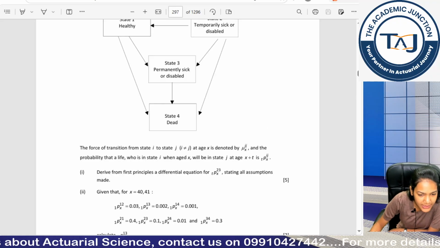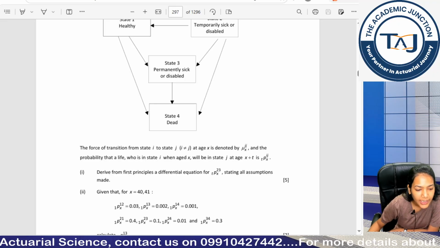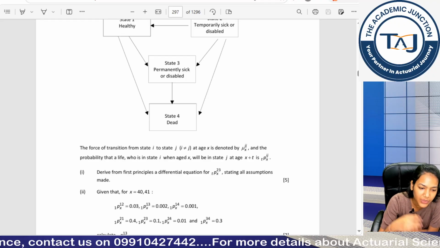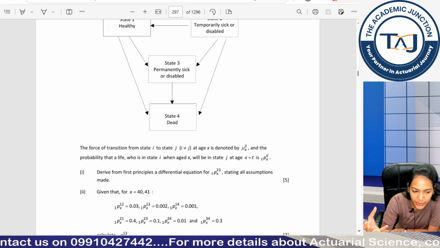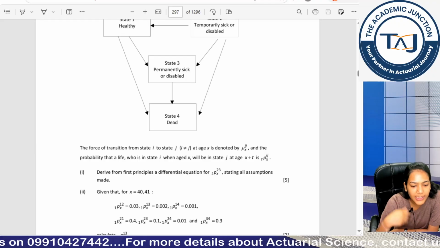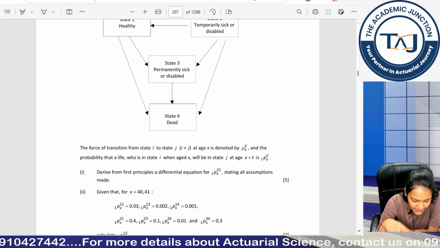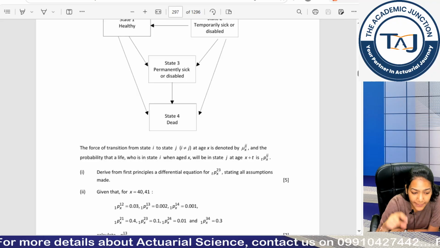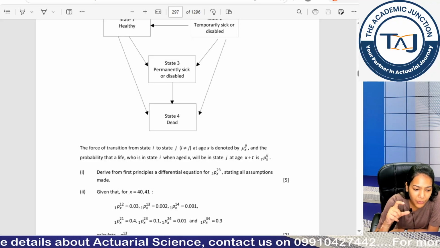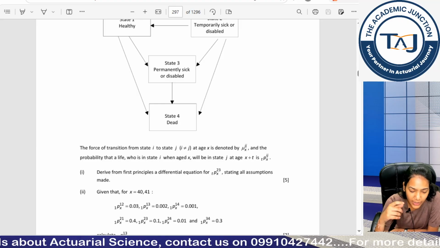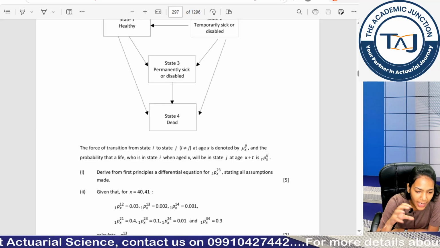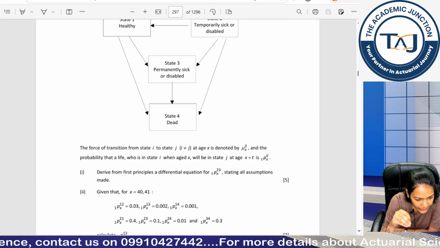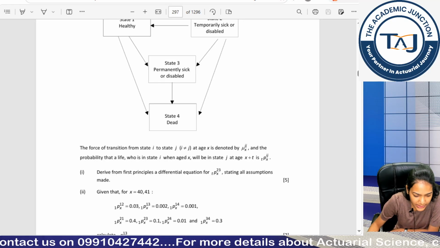There can be two ways of writing the assumptions. Either you can write them wherever you are applying the assumptions, or you can write them specially at the start of the part or at the end of the part, all the assumptions in one go. But please be careful if the question states to state the assumptions made at the point where they are made. Then you have no option to write at the start or at the end of the part. You have to write wherever you are making the assumption. Is that clear? Okay. So, let us start doing this differential equation part.